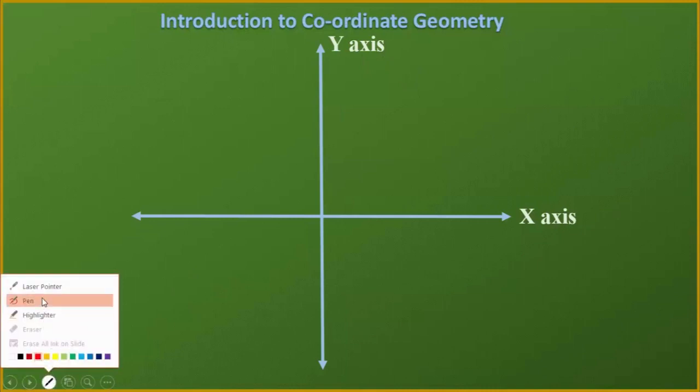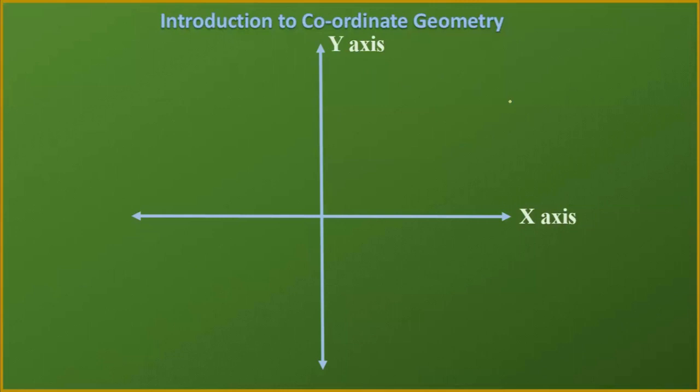Suppose if I take the first part, so I can say this is my first part, this is my second part, third part and fourth part. Okay, so see, these four parts will be called the quadrants. And the x and y axis will be intersecting at one particular point. You can see they are intersecting at this point. So this particular point is called the origin.